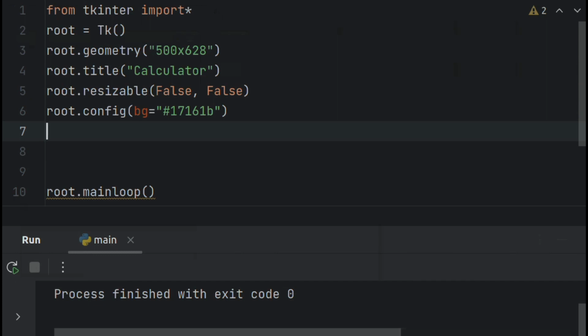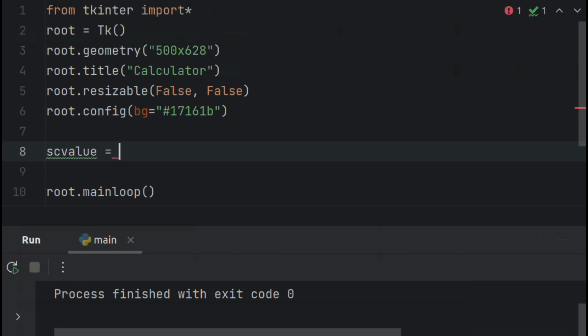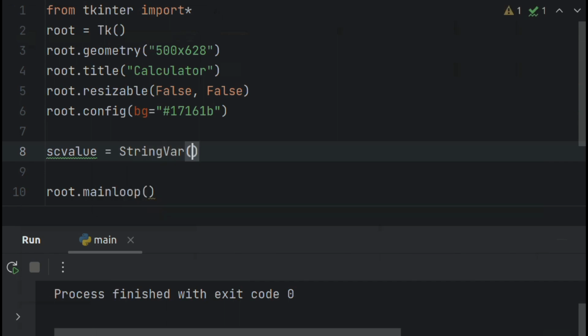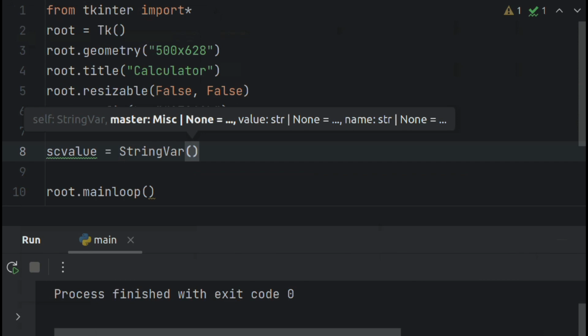So for now, I will create the elements for our calculator application. So first we need the calculator screen. So we'll use an SC value. SC value is equals to, then I'm going to explain this in a bit. So this creates a string object, which is a special variable used in Tkinter to hold string